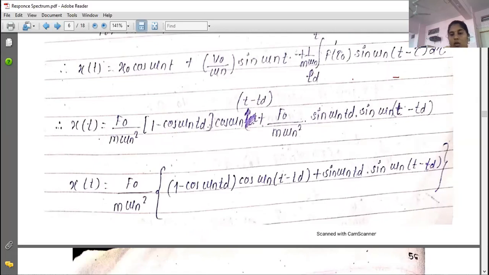Okay, you only have to see here the steps I am using for this derivation. Don't go into the detailed derivation, because these derivations are long, and that's why you should know only the concept. And I will provide you the notes. These are very simple; at home also you can easily solve all these derivations. Only the boundary conditions you have to use at time t equal to 0: v is equal to 0 and x is equal to 0.